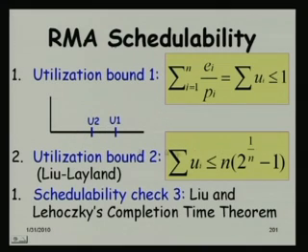And if it is less than U2, the utilization bound 2 obtained by n into 2 to the power 1/n minus 1, then definitely the task set will be schedulable. As long as it is less than U2, we can positively say that the task set will run satisfactorily. But what if it exceeds U2 and is less than U1? There is a chance that it will be schedulable,